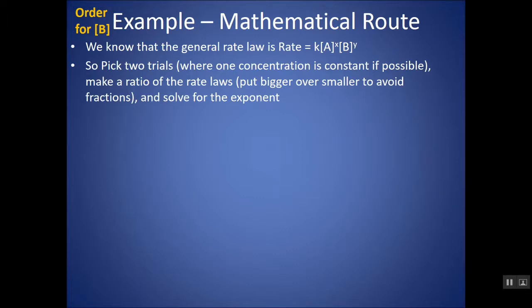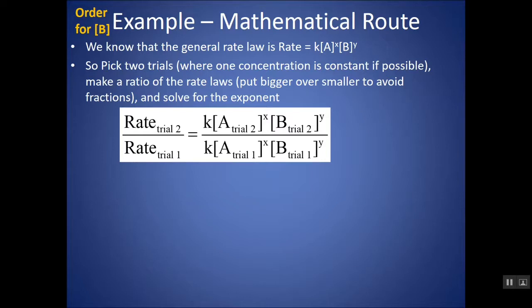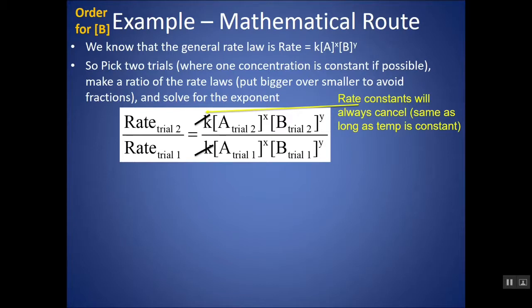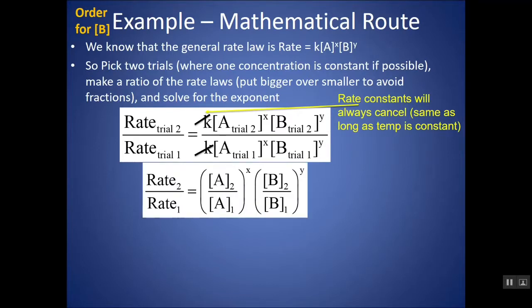It's helpful to also have a mathematical route to solving these things for if you have more complicated numbers than the ones that I have just shown. So really what you're doing is you're just making a ratio of your rate laws. So if I were to do trial 2 over trial 1, the rate law, first of all, K drops out. Rate constants are always going to cancel if it's at the same temperature. And so really I'm just doing a ratio of how rate 2 is over rate 1